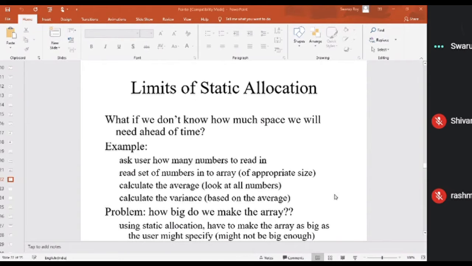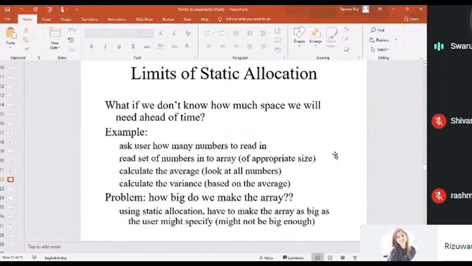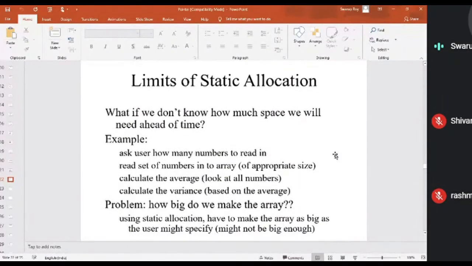Similarly, if you give a very high size like 10,000, with that expectation, then possibly you will waste that space. So it's sometimes very difficult to judge the optimized utilization of memory space. That is the problem in static allocation.